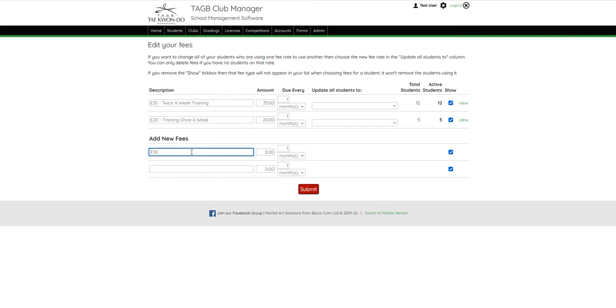Let's go in and say, right, okay, I want to increase everybody's training fees that's training twice a week. Costs have gone up, understandable. So let's set up a new price structure for them. I like to include notes on there as well. It just makes it a little bit easier. So we're going to do this from the 1st of June in 2022 and we're going to take it up to £38. Now on here we've got where it says due every, and it's 1 month,